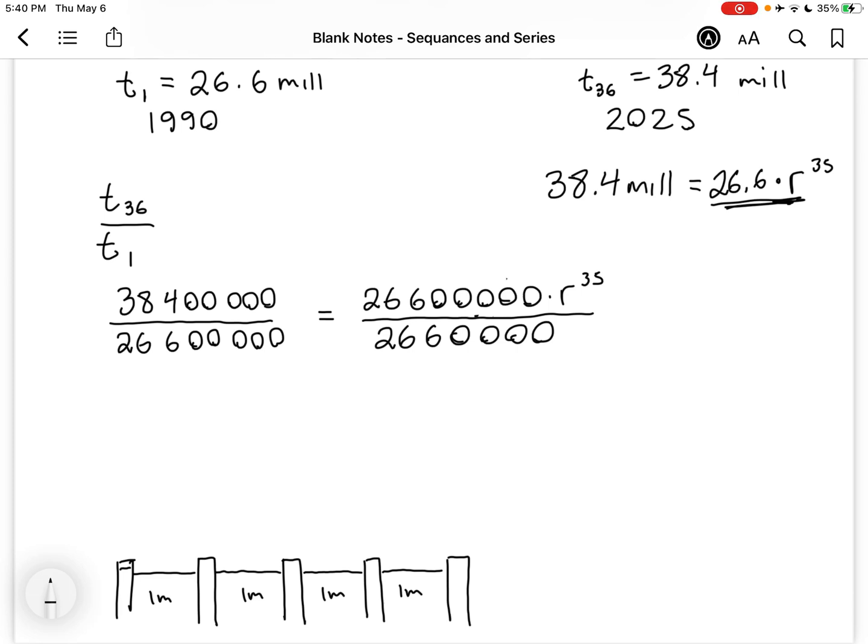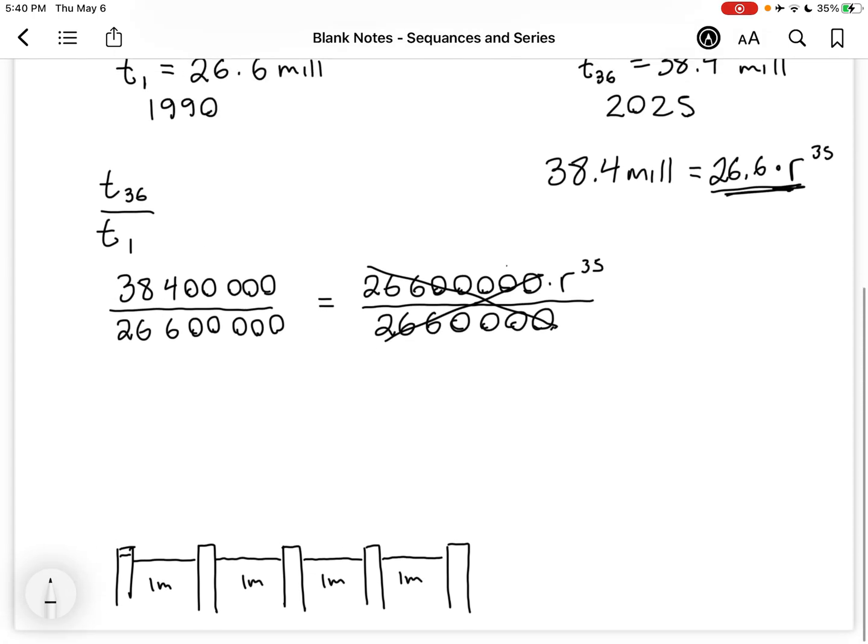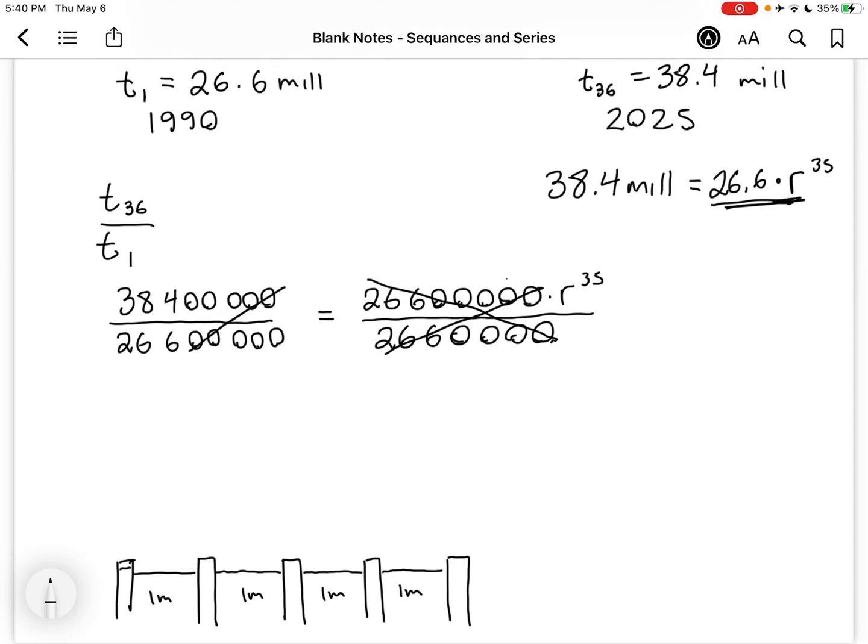Now, these 26,600,000 cancel, and all of these zeros cancel as well, by the way, and so what we end up getting is that 384 over 266 is equal to